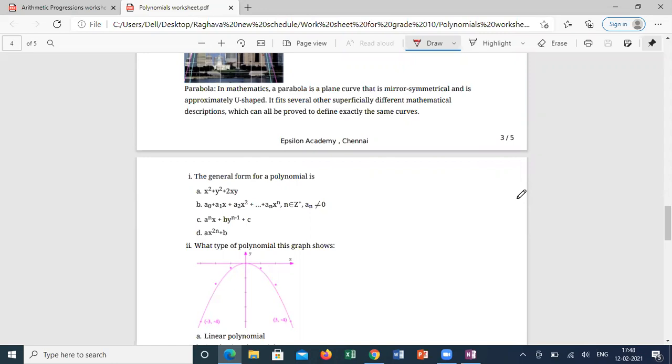Got it? What I'm asking, guys? Sir, could you repeat the question, sir? Why can't I call A, B, and D polynomials? Sir, A represents equations. Sorry, sir, it represents a formula, so it can't be the general form of a polynomial. Okay. Next, what about B? Sir, in B, all are having the same coefficients, sir. So in a polynomial, there can be different coefficients.